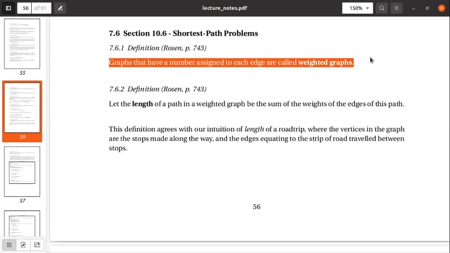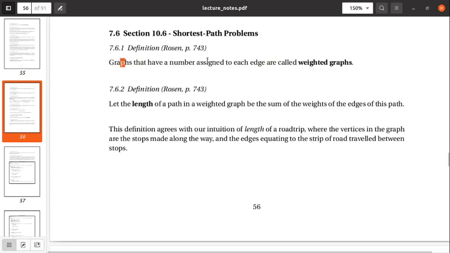Okay, so shortest path problems, going from A to B in the most efficient manner. So graphs have a number assigned, by definition, for a weighted graph. Graphs that have a number assigned to each edge are called weighted graphs. And so in the highway format, a weighted graph,